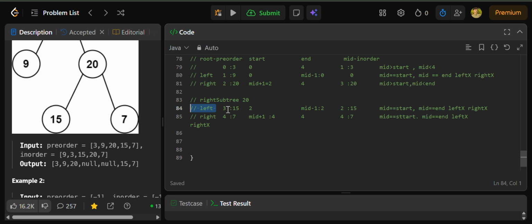Now left, how I told you how we will calculate left. Previous root plus 1 will represent left, so it will become 3. And third is the 15th index here, you can see in pre-order. And start, now start will become what? Start will start from mid minus 1. So this mid,